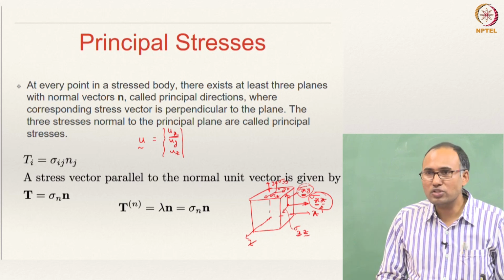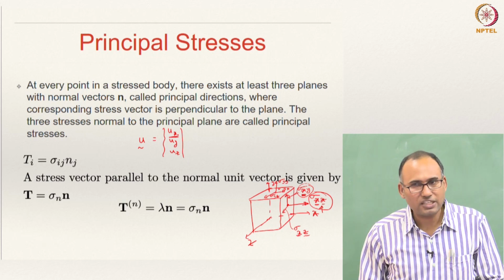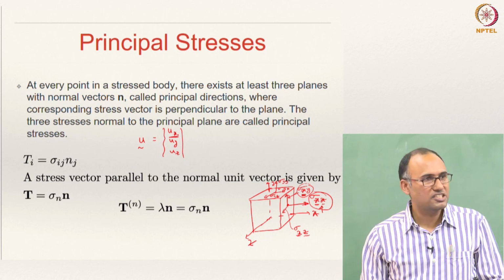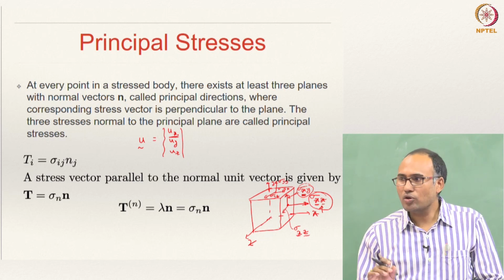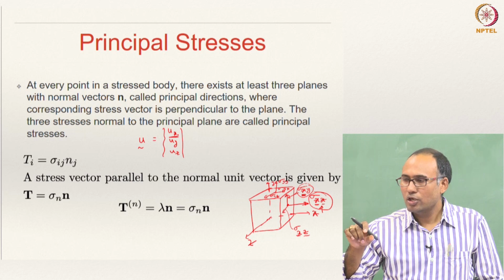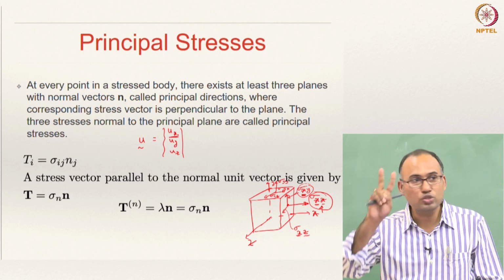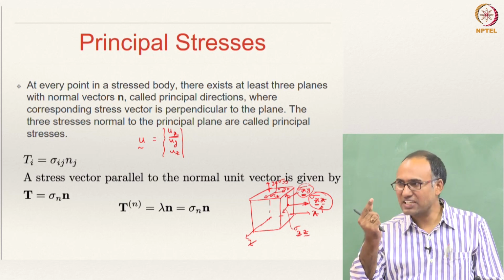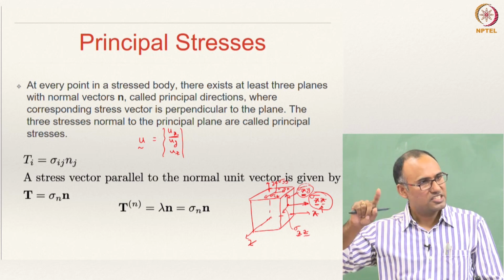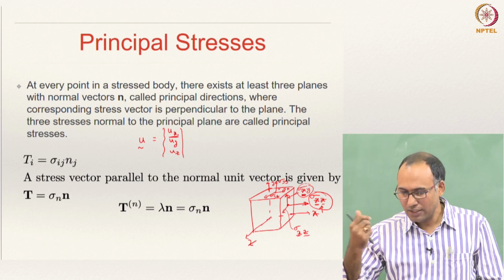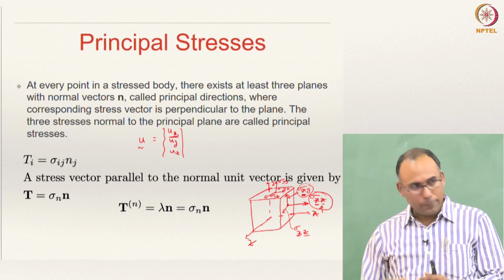But now, if you come to the stress, it is a second order tensor. In addition, each and every element in this tensor is also required to be presented with its plane of action. That is why you need to use 2 indices. The first index represents the plane of action, the second index represents the direction in which it is acting. Okay. So, in order to represent this stress